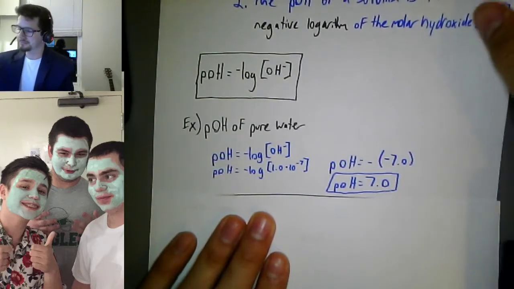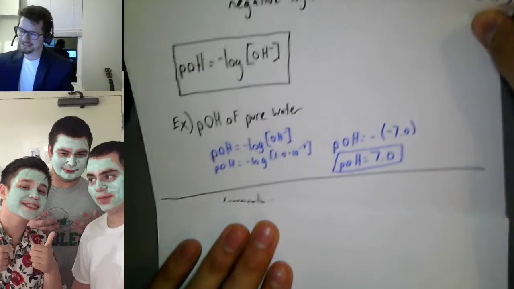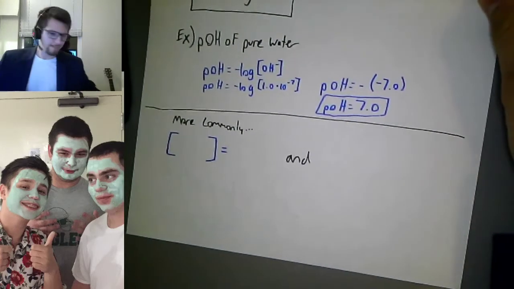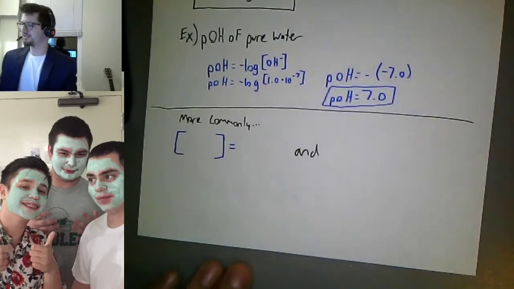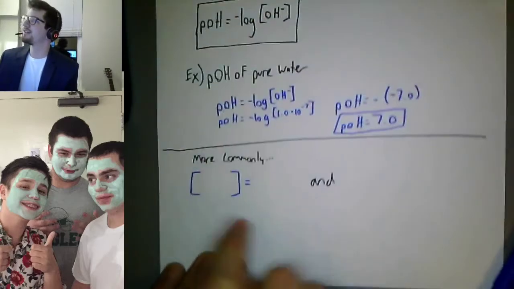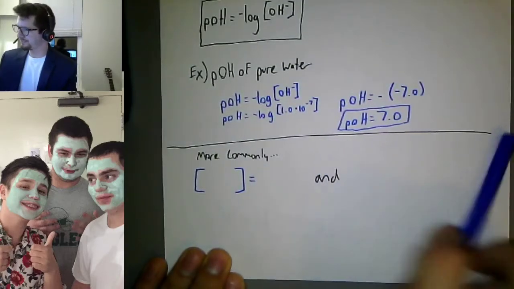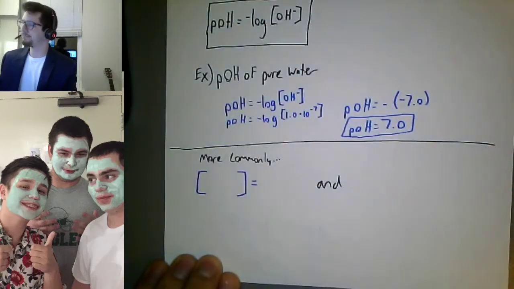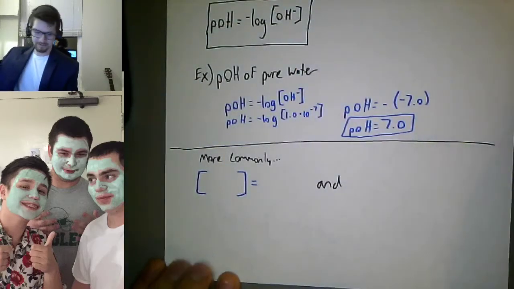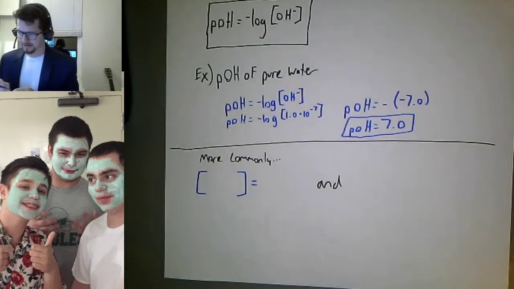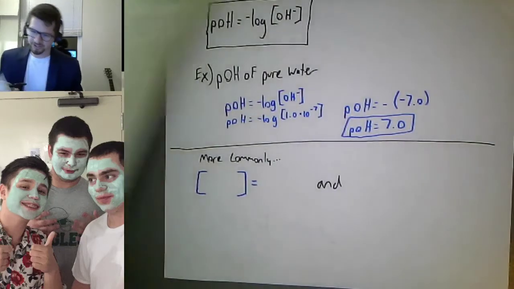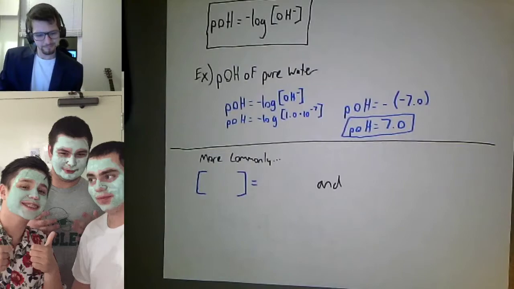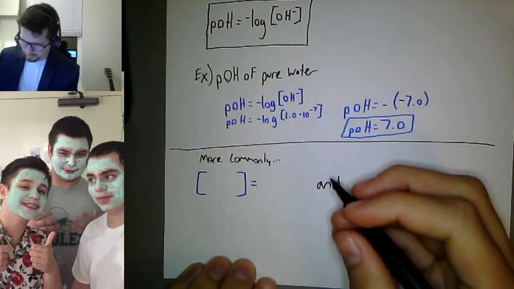However, now that we have this under our belts, there are two more mini equations. I'd call this a major equation. There are two mini equations that we're going to end up using a heck of a lot more than that one. And these two are more important, in my opinion. So what are they? The first equation you're going to be using more of is